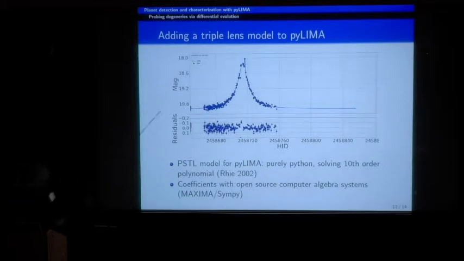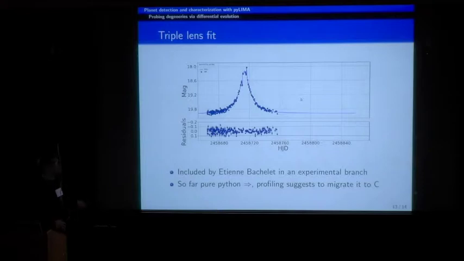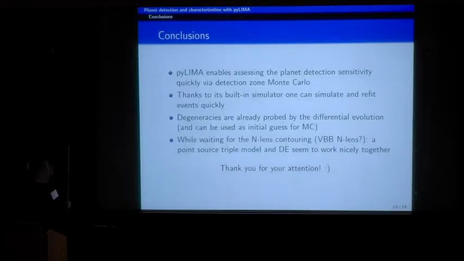What I wanted to say is this is now one of our point source triple lens potential events that is an artificial light curve. And if you try a binary fit with PyLIMA, you will easily see that you cannot reproduce all the features that are shown here. The PSTL model as it is seems to work, and we've tested that in a couple of events. By definition, as long as you're not on a caustic crossing, it's more likely to do a good job. But as I said, this is only to bridge the little gap, and that was also motivated by the data challenge. Unfortunately, as it turned out, there was no triple lens inside of that.